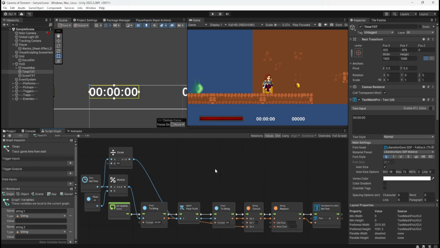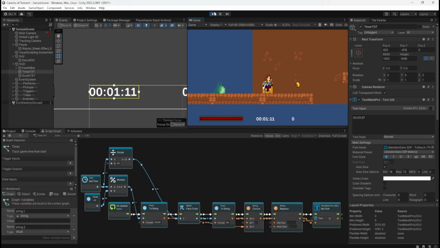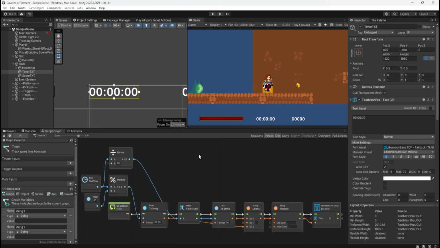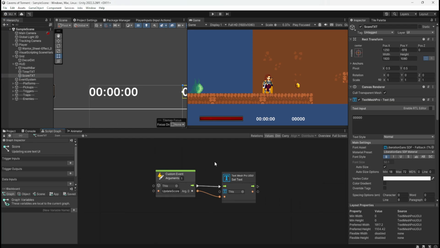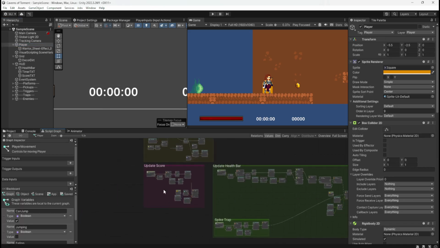I'm wondering if I could do the same thing for my score because... Oh, why did I click play? Every time it gets nudged. My score... Update the score. This one.